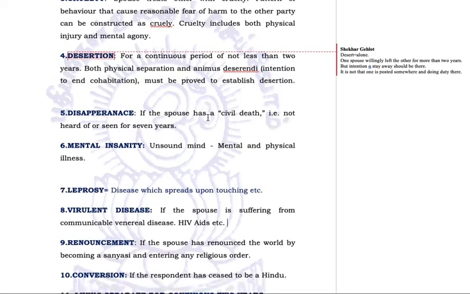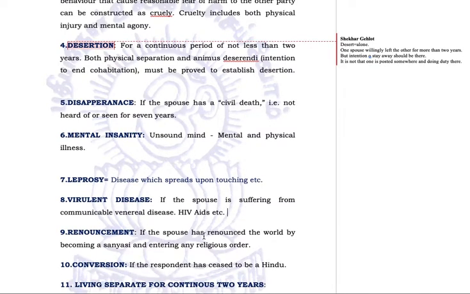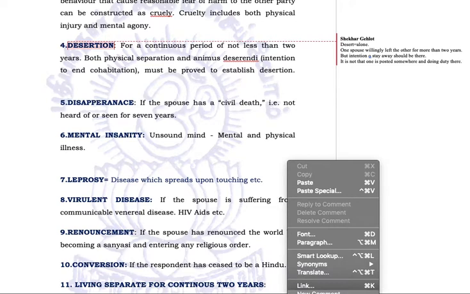These are the cases. Renouncement: if the spouse has renounced the world by becoming a sannyasi and entering a religious order, saying that I have nothing left in this world, I'll go to the jungle, I'll do meditation, I'll do yoga, I'll worship God. Conversion: if the other person has ceased to be Hindu, if someone has converted from Hindu, then you can take a divorce. But these two grounds, renouncement and conversion,